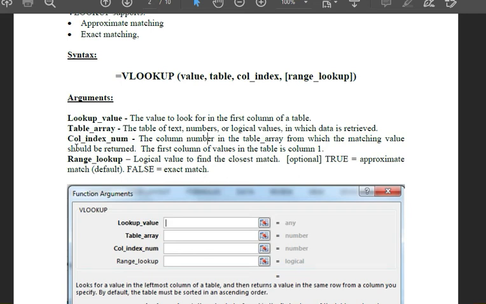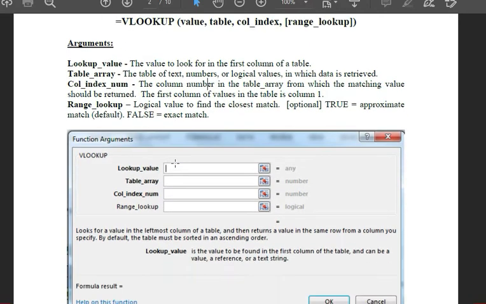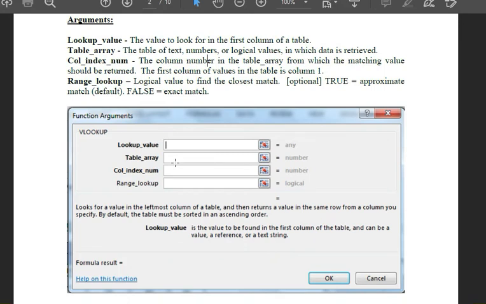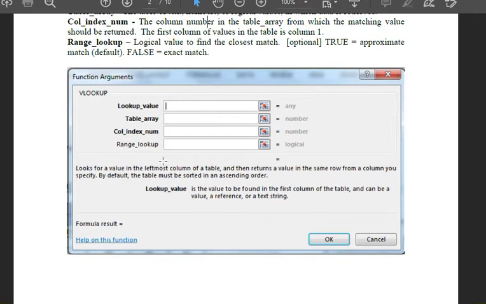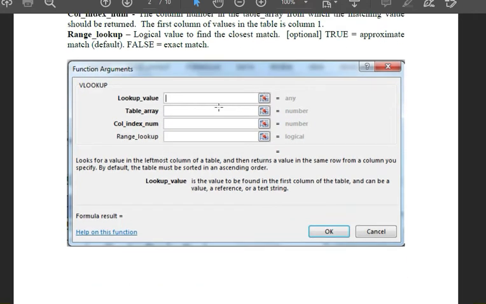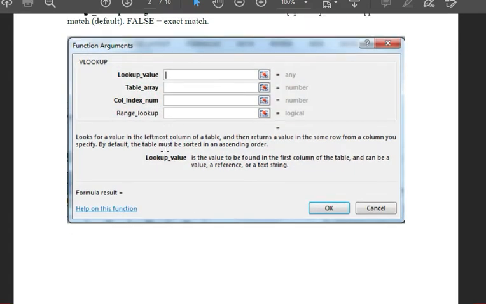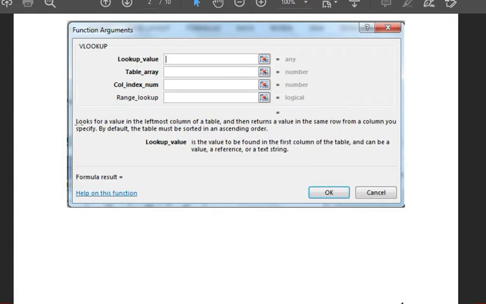So the range lookup is the logical value to find the closest match, which is optional: TRUE equals approximate match, the default, and FALSE equals exact match. So this is the function argument. You can find it here. This is where you select the lookup value, data table, column number, and range lookup. So you can use it here, to look for the value